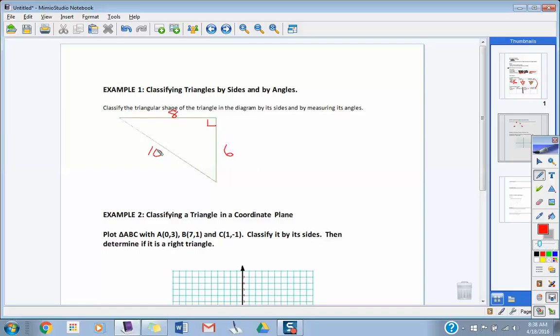Classification by side, what is it? Classifying this by sides, what is this? Scalene, because all the sides are different. How about the classification by angles? Right. So this triangle would be considered a right